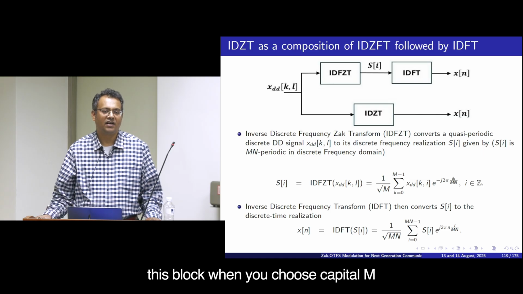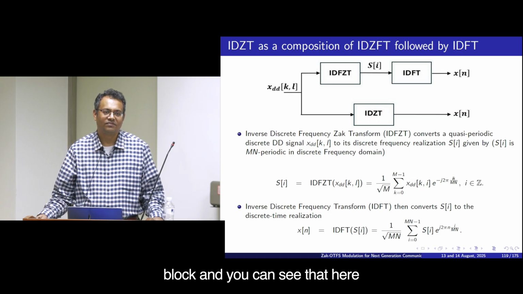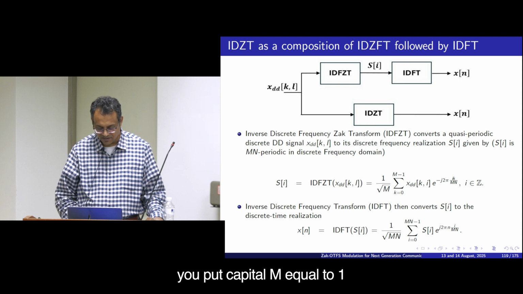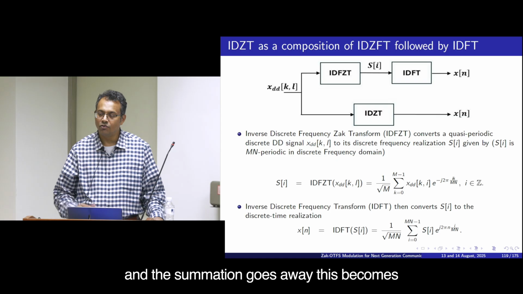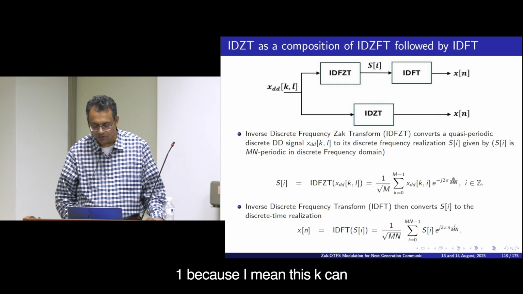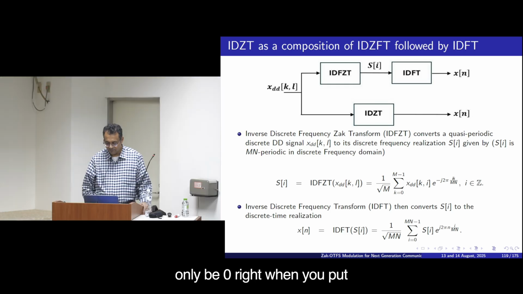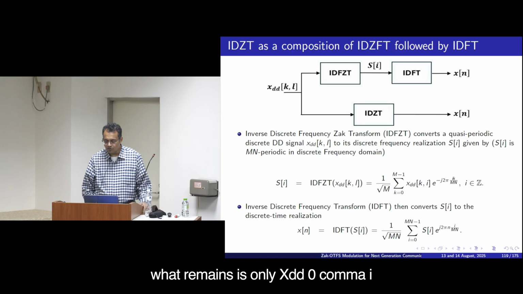It becomes an identity block, and you can see that here. You put capital M equal to 1, the summation goes away. This becomes 1 because this k can only be 0, right. When you put capital M equal to 1, the k can only be 0. We put k equal to 0, this becomes 1. So what remains is only x_dd[0, i],